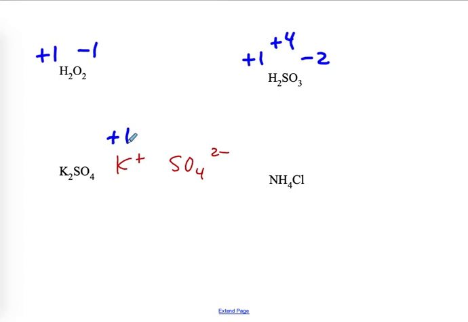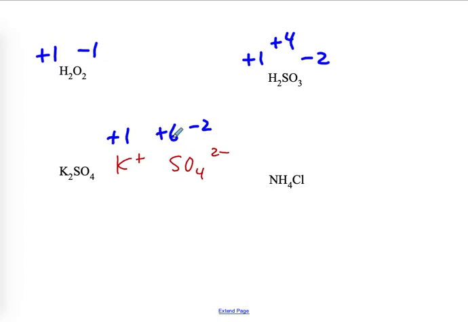I'm now going to zero in on the sulfate anion, SO4 with a 2 negative charge, and use the rule that the sum of the oxidation numbers must be equal to the charge, which in this case is not 0, but -2. Each of the oxygens must have an oxidation number of -2. 4 times -2 is -8. In order for the sum of the oxidation numbers to be -2, the sulfur must have an oxidation number of